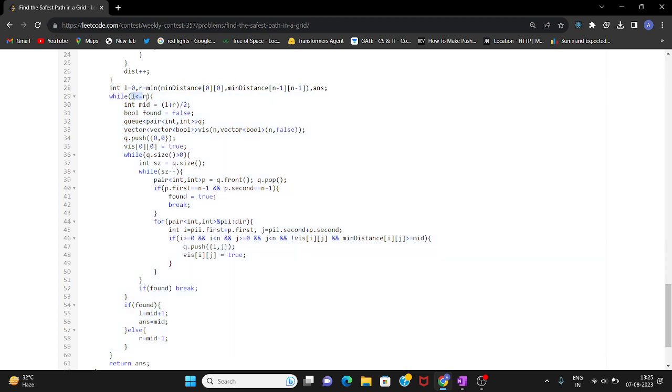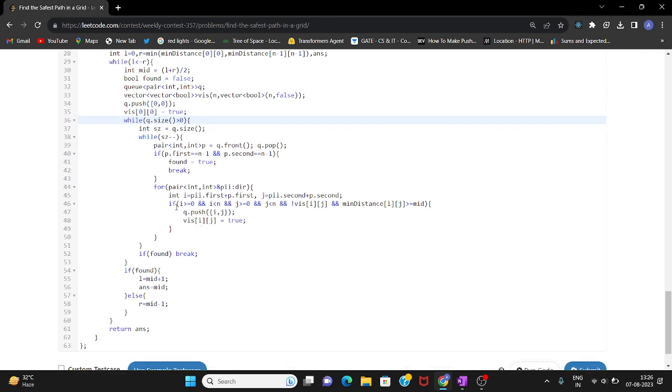While L is lesser than R, I calculate the mid, and then I will make a BFS. I have made a queue here, and I have pushed my starting cell here, visited to true, and then until the queue is not empty, I am going to make a choice from each of the cells present in the queue.